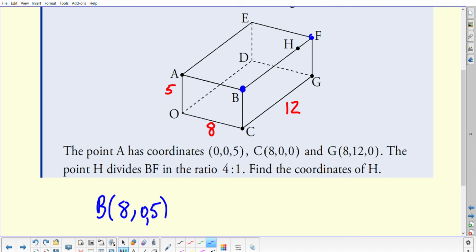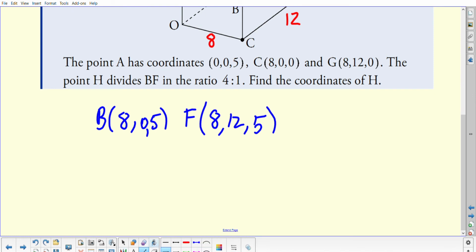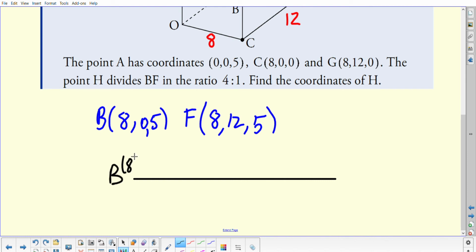So we're trying to work out both of these points, and this is just using your three-dimensional diagram to get your coordinates. So you could get your coordinates for F by doing 8, 12 and then 5. So 8, 12 and then 5. So now that we've got the coordinates for the points, we can do the little line diagram. So there's your point B at this end, and its coordinates, 8, 0, 5, and then your point F, which has got coordinates 8, 12 and 5,